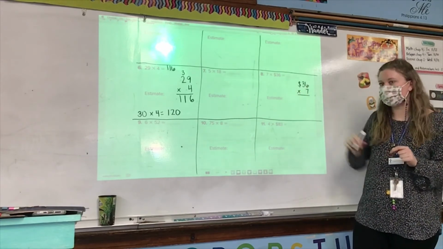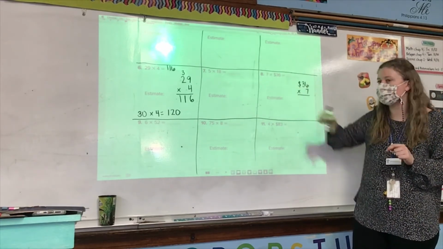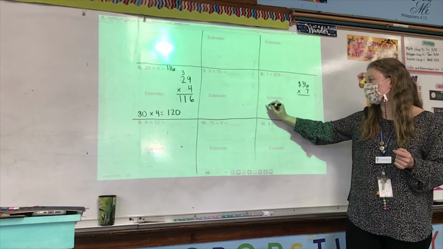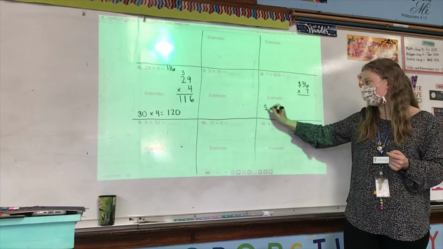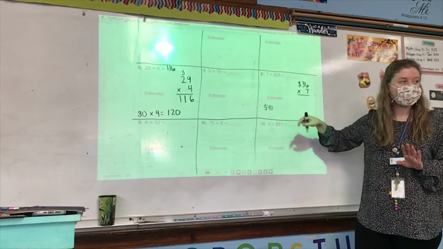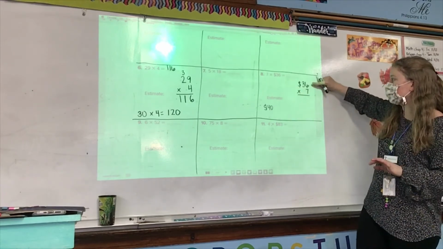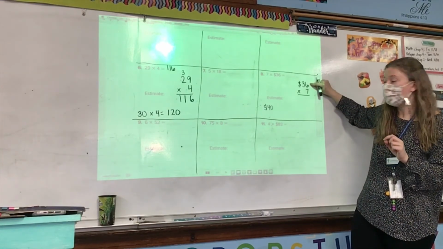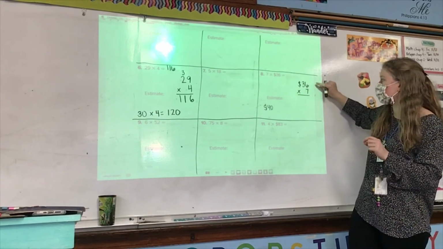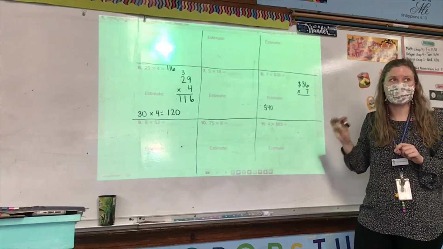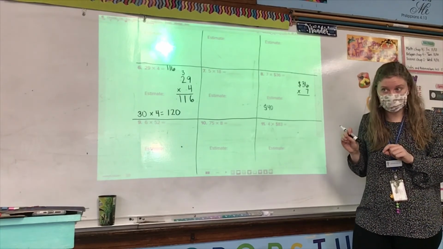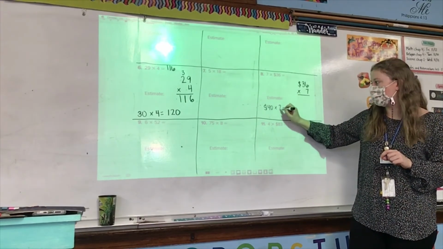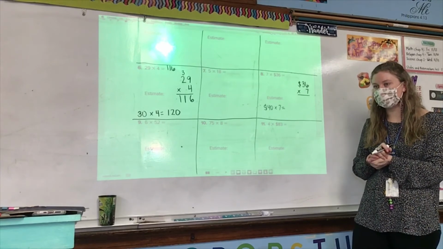Now, since we're estimating, let's go ahead and estimate. Are we gonna round 7 or $36? $36. $36 rounds to 40. Oh, I need everybody to listen to me for just a second. When you're rewriting a problem up and down, make sure that the larger factor is at the top. It will make it much less confusing for you. Even though 7 comes first, always make sure to put the larger digit at the top. The larger factor at the top. Does everybody understand that? Okay. So Kingston, do we do anything to the 7? No. Okay, $40 times 7 equals,